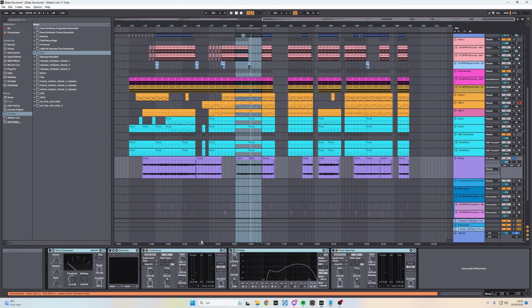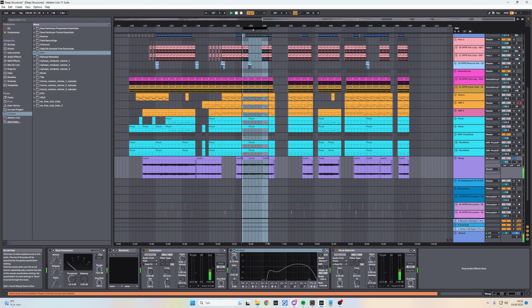So it's a little shame I'm removing a lot of the low end here with this EQ, so it kind of fits in this track. It feels wrong, you know, because the Moog has such a nice low end. If I turn it on here,